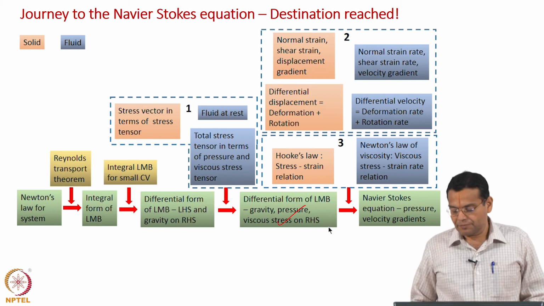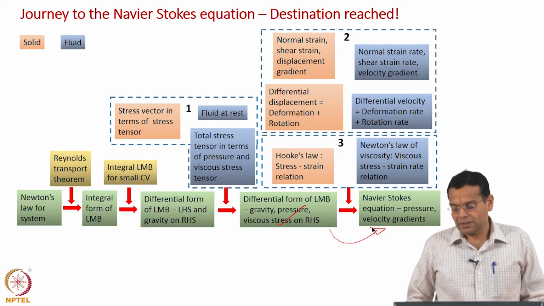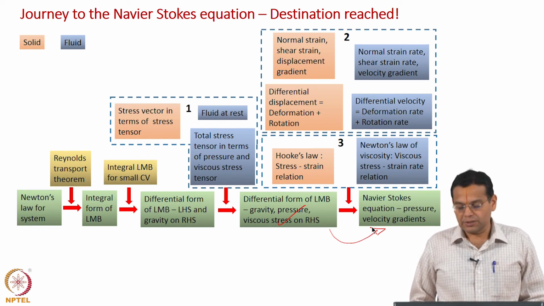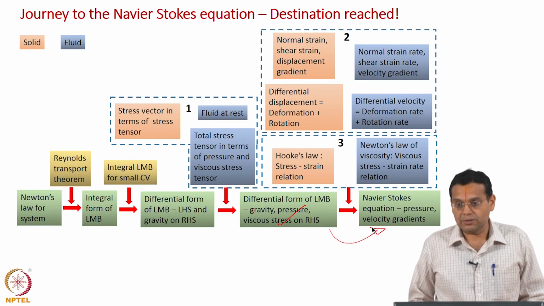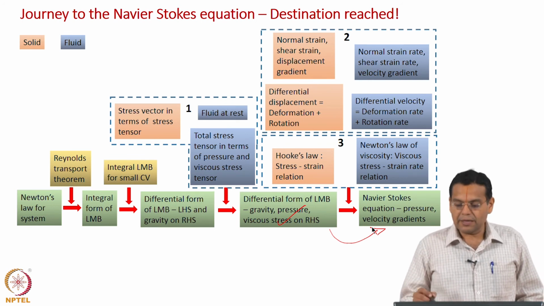It looks like we are almost there, but then we will have to know more to proceed further. It is like reaching a big station, and one station before you are put on hold for a long time, you do not get a signal to proceed further. Something like that we are there. What was the objective? We did a degree of freedom analysis and found that the viscous stresses are not known, they are unknowns. We will have to express them in terms of the velocities. Of course, now we know the velocity gradients.